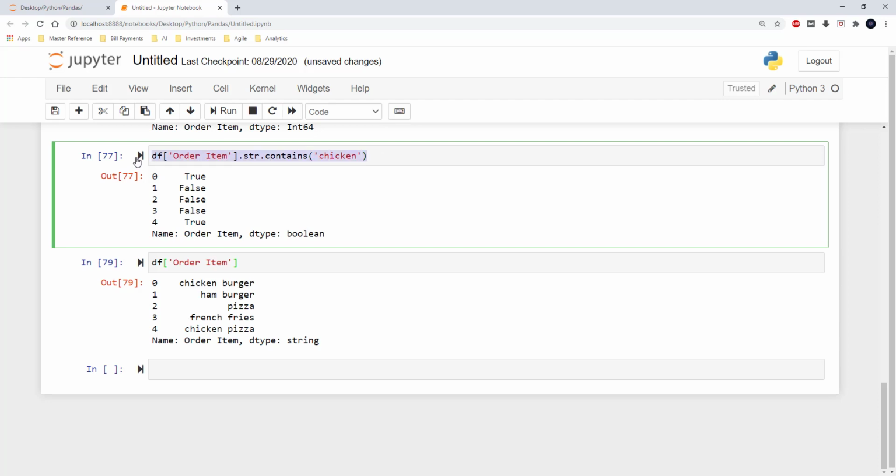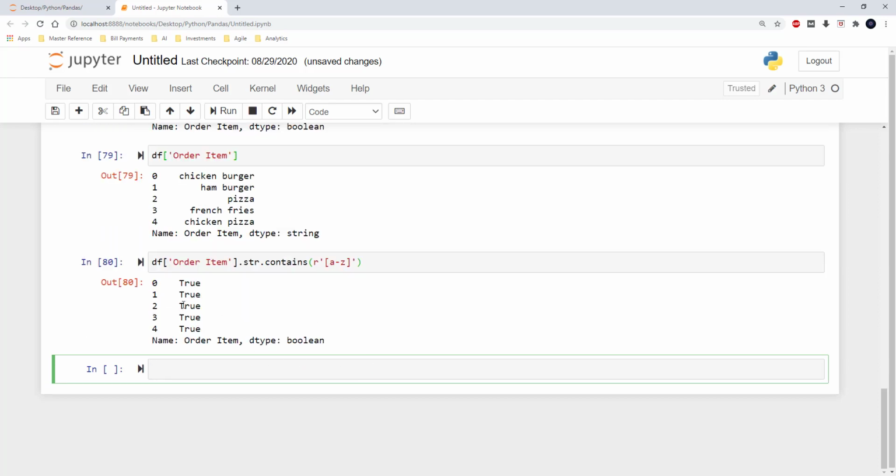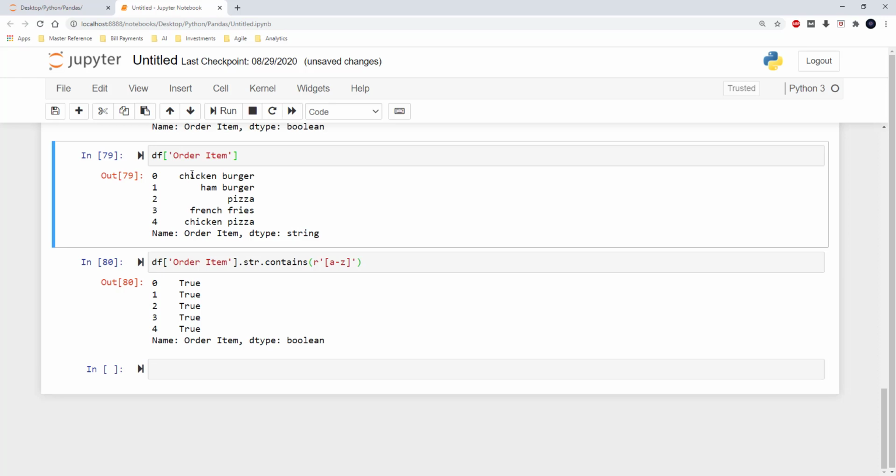In order to do that, I am just reusing the same line of code, and instead of checking for chicken in the contains method, I am going to use a regular expression, and then I am going to give the condition that all of these should have small case alphabets from a to z. So when I run this, I get a true for all of these rows, which means that this condition is met. So all of these have only small letter alphabets from a to z for all of these rows.